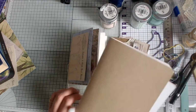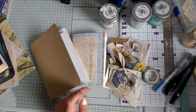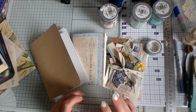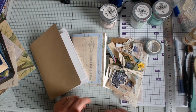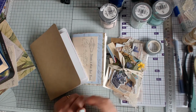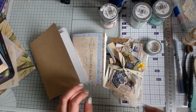Now it might take a couple of videos. I do want to do the process with you all, but I don't really want to bore you in the process. So I'm going to try and speed stuff up as best as I can, but I definitely want you to see the process of where I'm going, because every time I've thought of a journal to make, see if you think the same, right? Every time I've thought of a journal, I'm like, yeah, I want to make that,